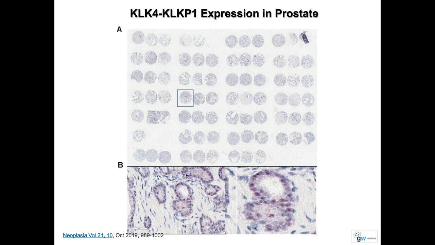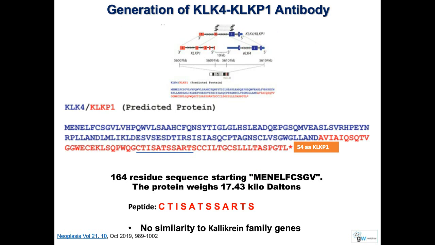So that shows the sensitivity and specificity of this probe. Next, since the amino acid sequences are coming from the pseudogene part and there is no antibody available, we decided to develop an antibody using the antigenic peptide, the CTI-SA. We were able to develop a polyclonal antibody that is specific to this fusion protein.